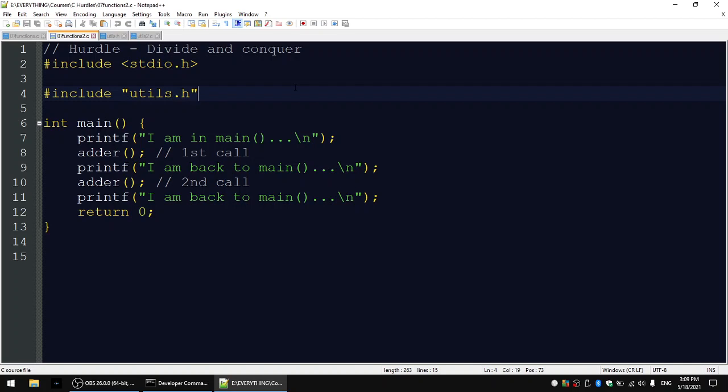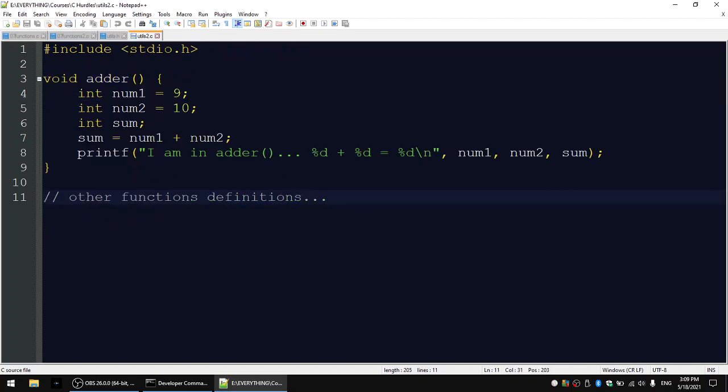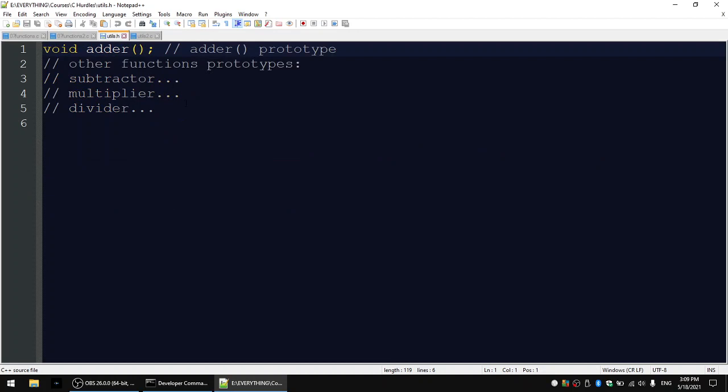So technically speaking, my program didn't change. It does exactly the same as it did, but I divided it into files. I now have the main function in one file, all the function definitions in another file, and all the function prototypes in a header file. And this way you can manage projects of any size, because you know the approach, you know how to cut.